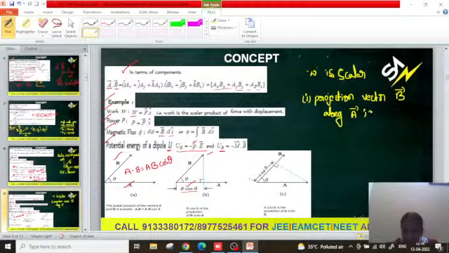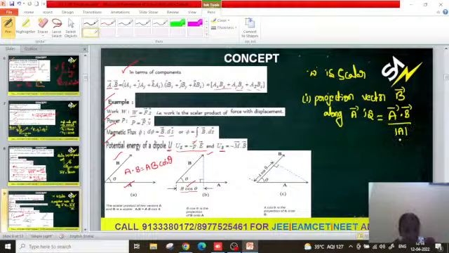So that is equal to the projection of vector B along A bar, which means you have to find A bar dot B bar by magnitude of A. If we are given the coordinate system, we need to take A bar dot B bar by magnitude of A. So B cos theta is the projection of B onto A. And next diagram,